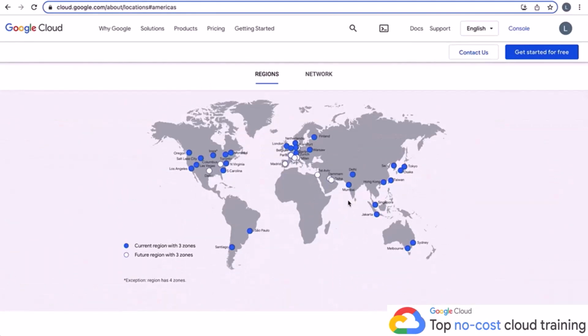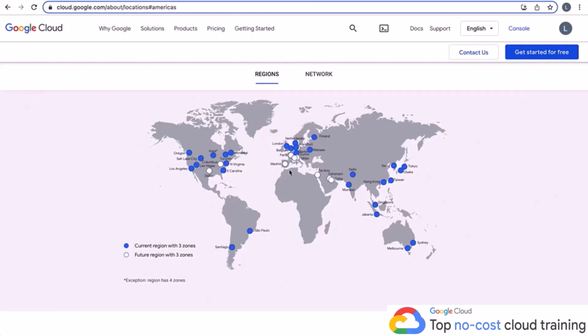Honestly, when I just looked at it again today, I saw that there are 2 more regions coming in the US, with Dallas and another one coming into Columbus, Ohio. You also can see ones all over the world coming to Paris, Madrid, all kinds of places. And what's nice about this is that if you want the most up-to-date information, you're going to want to come